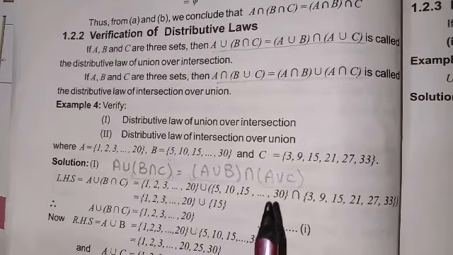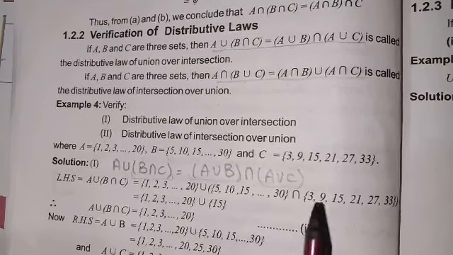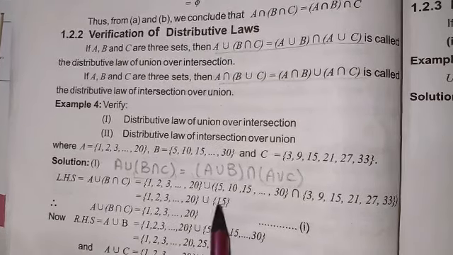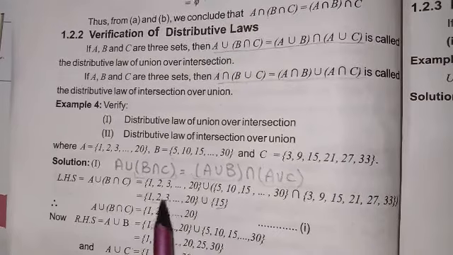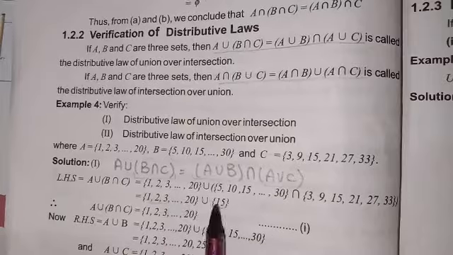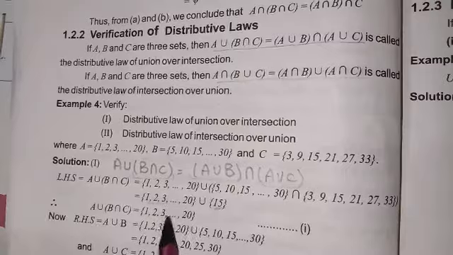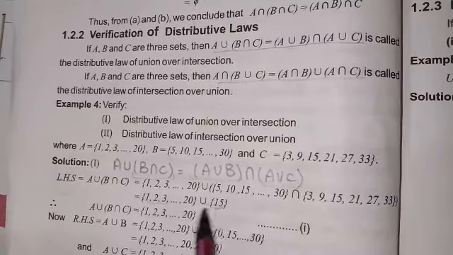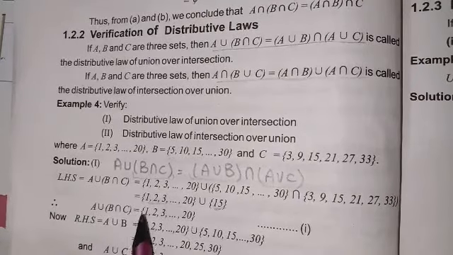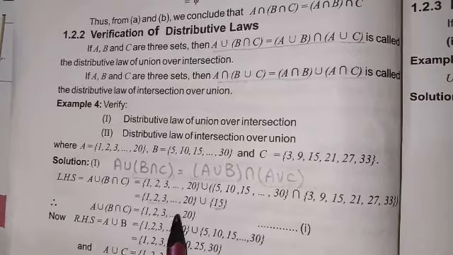Now students, you know what is intersection? Intersection is writing the common elements of both sets. As you can see, in both sets we have only one element common, which is 15, so we will write 15 and A set as it is. Now we will make union of set A and the resultant set of B intersection C. So we will get 1, 2, 3 up to 20, because this 15 is also in this set. So A union (B intersection C) is equal to the set containing all natural numbers 1, 2, 3 up to 20.